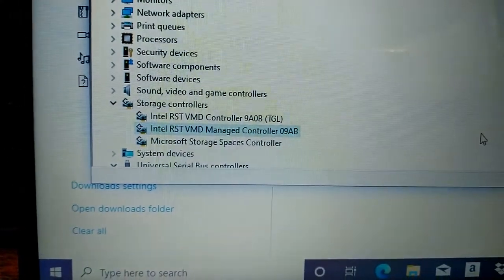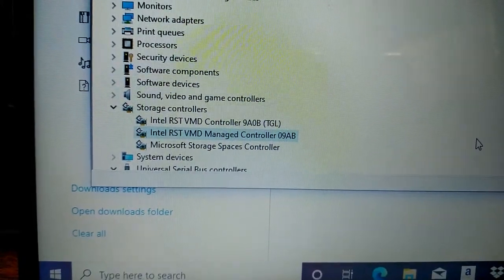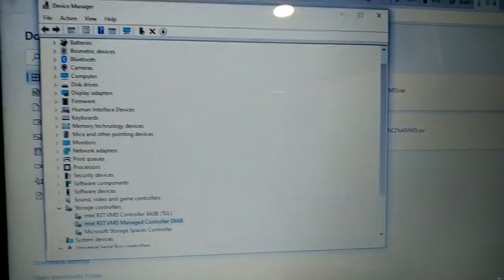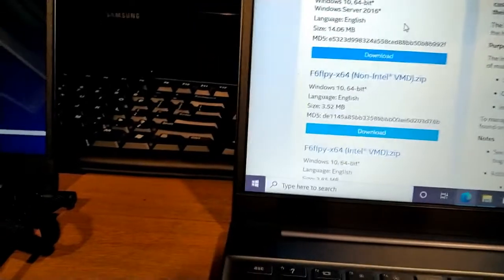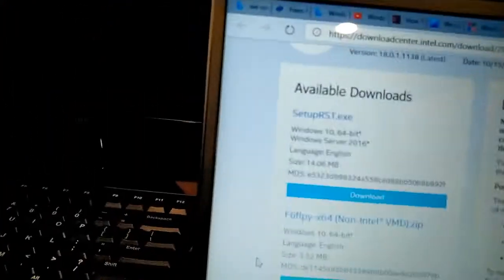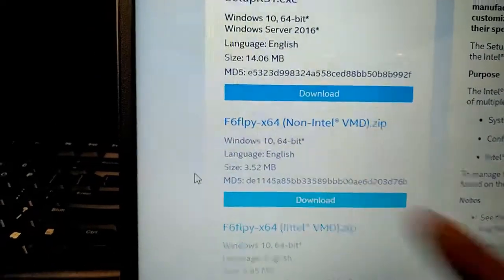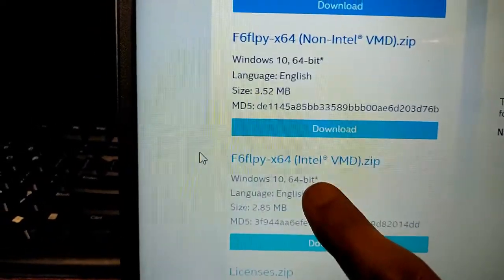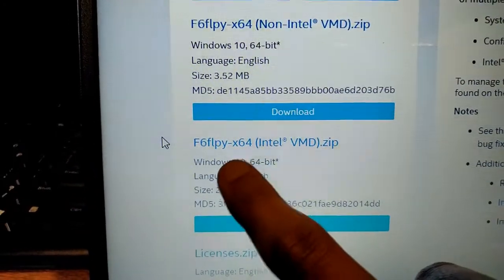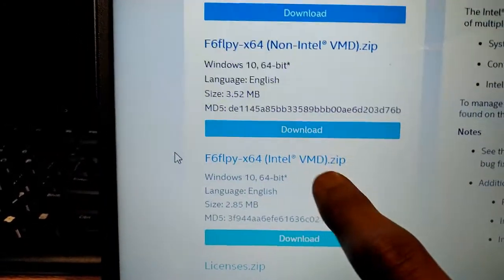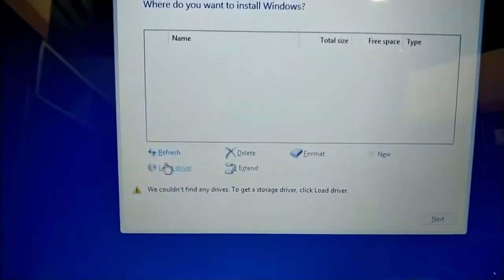There is a controller, Intel RST VMD controller. So I have downloaded it from Intel's website. There are a lot of files here, RST setup and non-Intel. I have downloaded this one, Intel VMD.zip, and I have copied it to USB, and now I am going to load